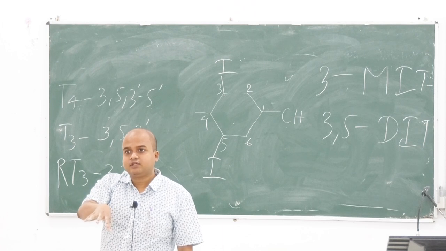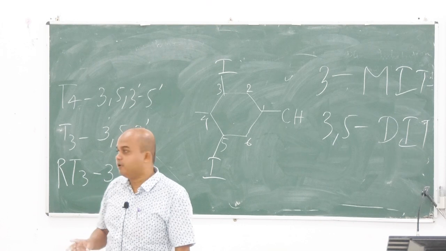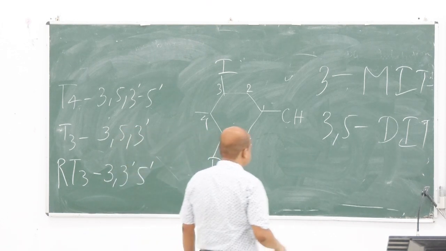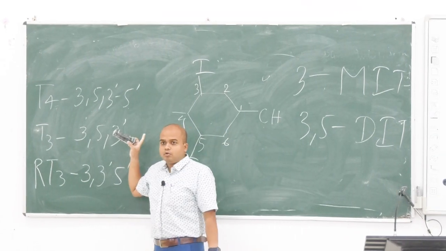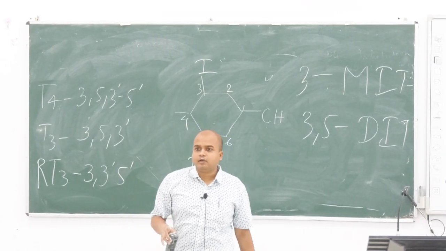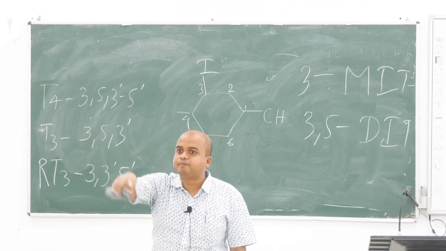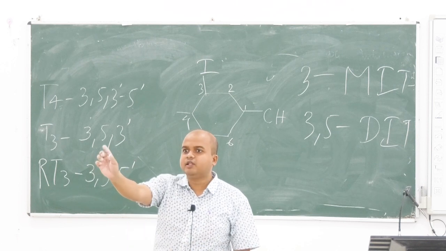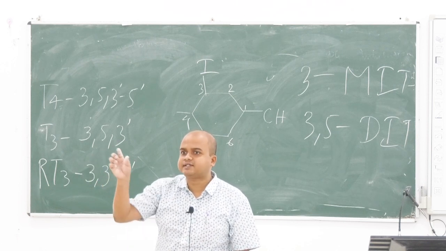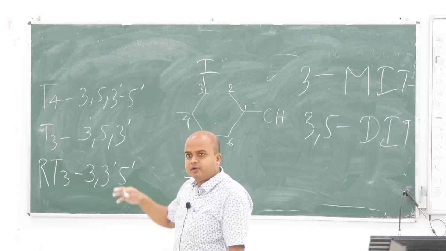another molecule. Similar molecule. Third and fifth. Can you follow me? Third and fifth position of one tyrosine molecule, third and fifth position of another. Now for the second molecule we are giving the names of third and fifth as 3' and 5'. For P3 it will be 3, 5 and the